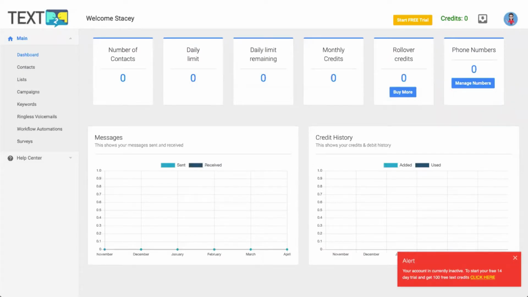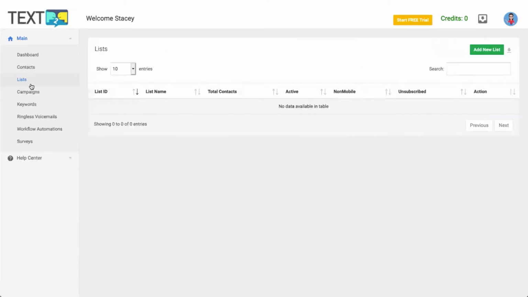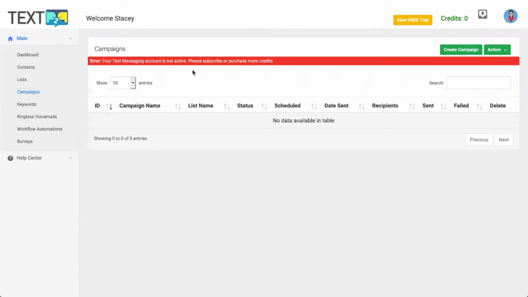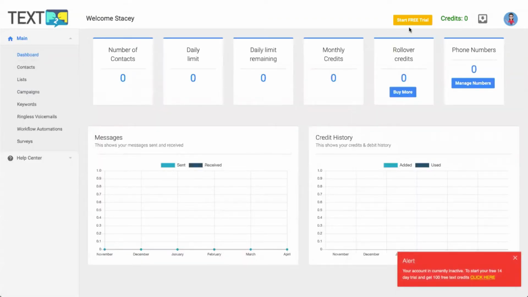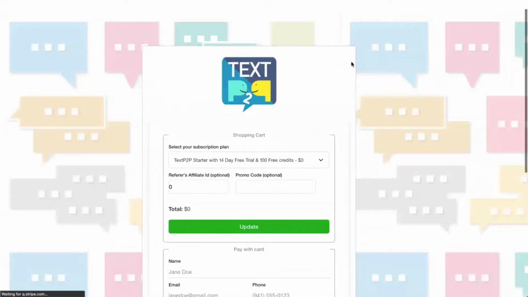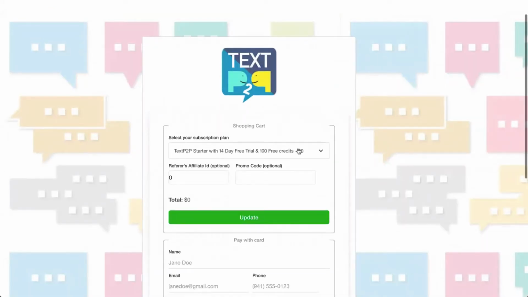Okay, welcome. This is your TextP2P dashboard. Now, briefly, if you haven't yet started your trial, what you want to do is click on the Start the Free Trial. If all you've done so far is sign up, that's perfectly fine. You can take a tour of the system and create contacts and lists. You won't be able to create a campaign or send texts or ringless voicemails until you start a free trial. To start a free trial, you're just going to click right here